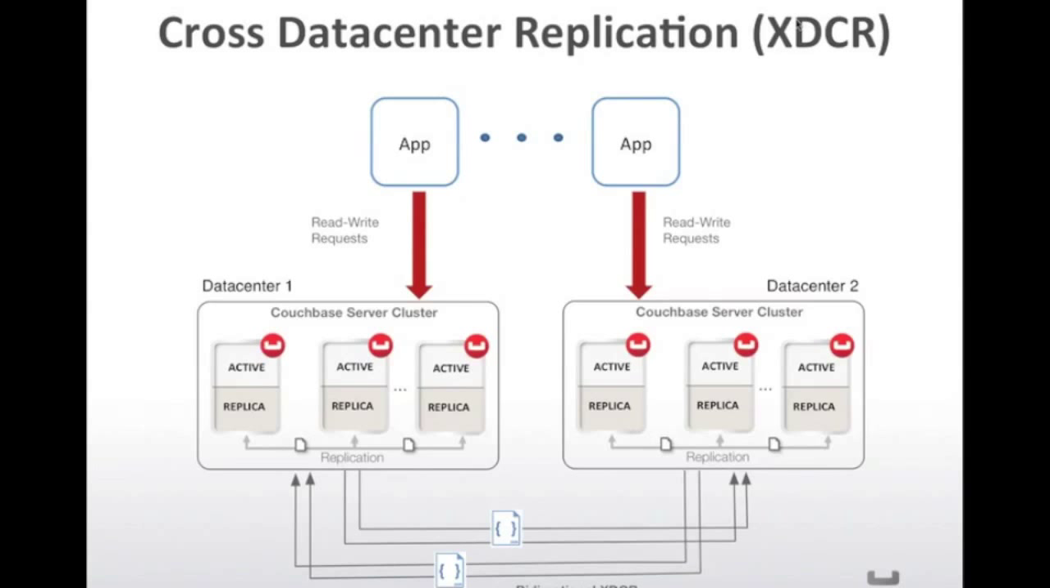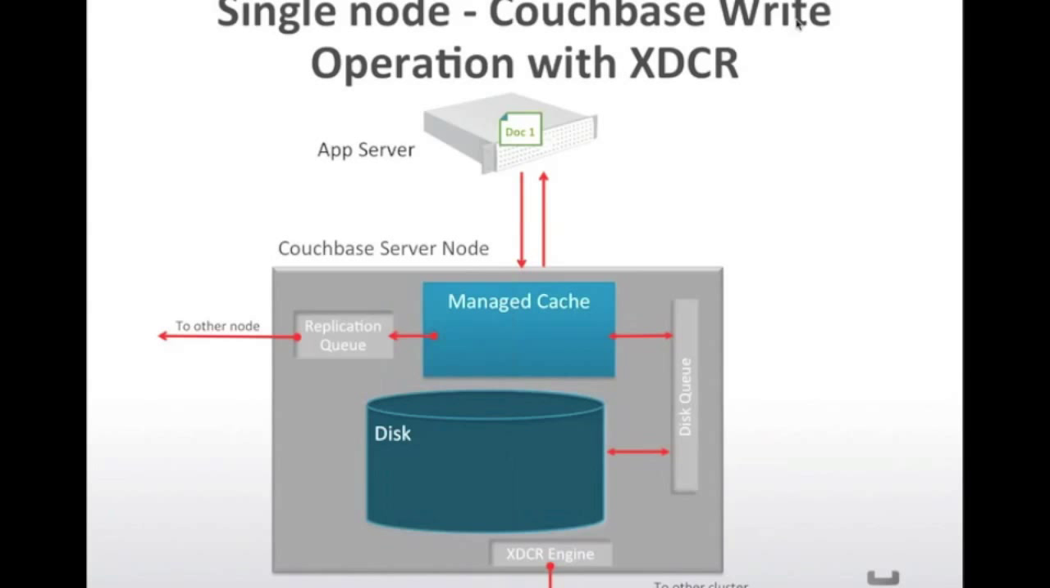Okay, let's go on with the presentation. So in a single node Couchbase, let's see what happens when a write comes in, and how it gets to the XDCR. You have the application server, which is connected to the Couchbase server, and here we are showing one node in a cluster. There is a document 1 that gets generated on the application side,